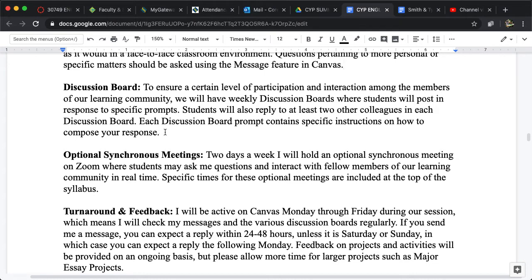To ensure that it's actually a discussion, that there's some kind of back and forth among everyone in the class, you'll need to respond to at least 2 students' posts. You can respond to more, but at least 2. For each discussion post, there will be a specific prompt, so you just click on that specific discussion board and you can see what it's about.